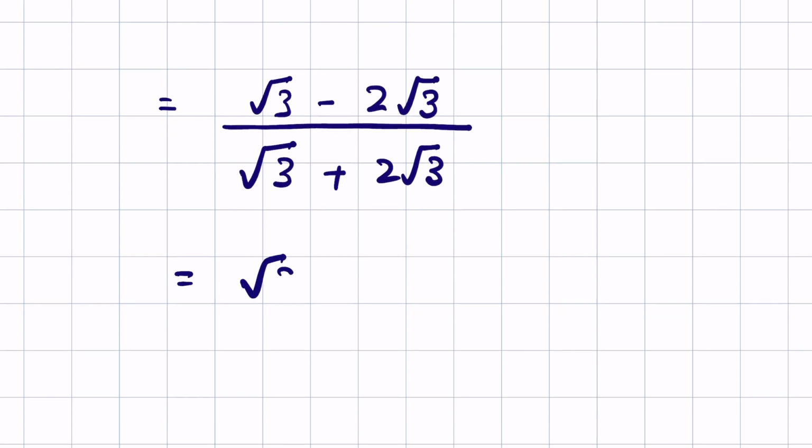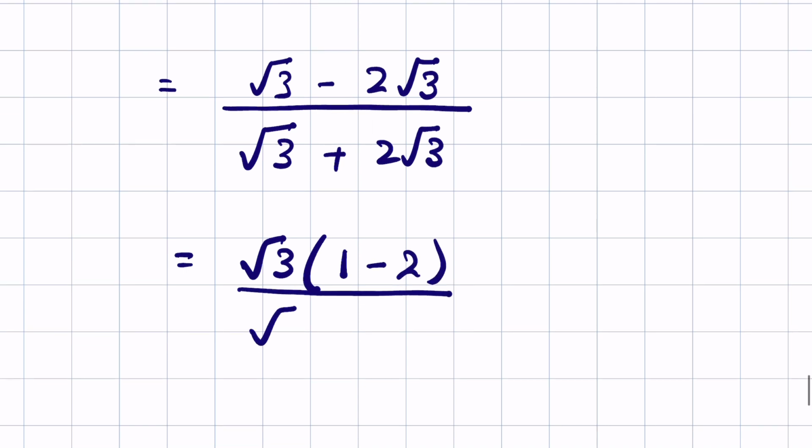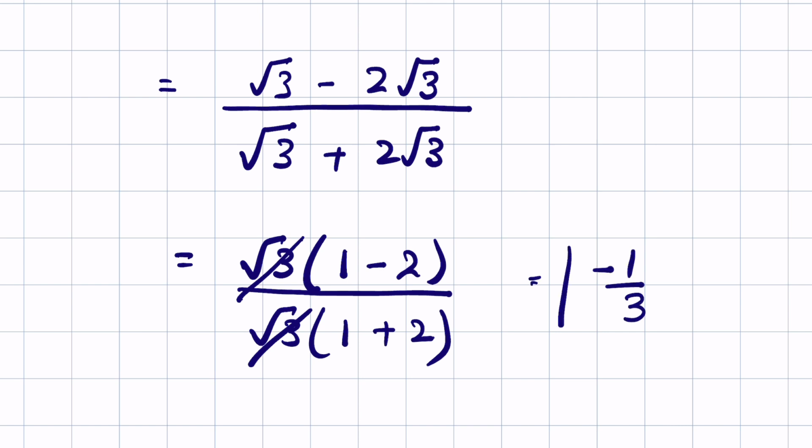Now we can factor out square root of 3. So square root of 3 parenthesis 1 minus 2 upon square root of 3 parenthesis 1 plus 2. We can cancel this square root and this square root. So 1 minus 2 is minus 1 and 1 plus 2 is 3. So answer is minus 1